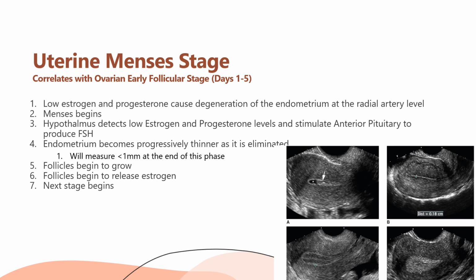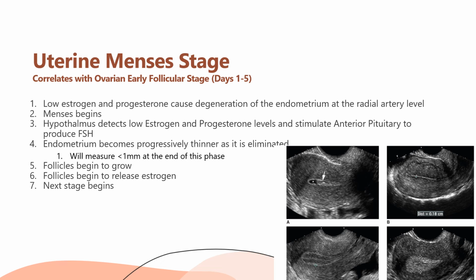As menses begins, the hypothalamus detects those low estrogen and progesterone levels, and it stimulates the anterior pituitary to begin FSH production. However, FSH production does not immediately lead to estrogen levels increasing. And so those days of low levels of estrogen and progesterone allow time for the endometrium to fully slough off. Now, on day 1 of the menstrual phase, usually your endometrium will be a little bit thicker,